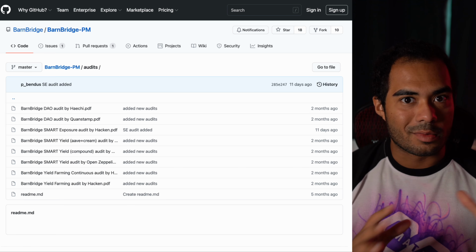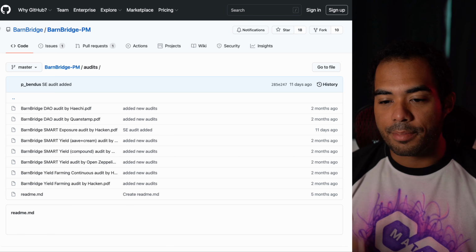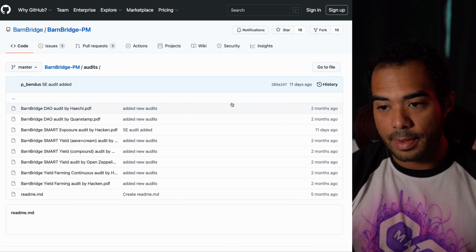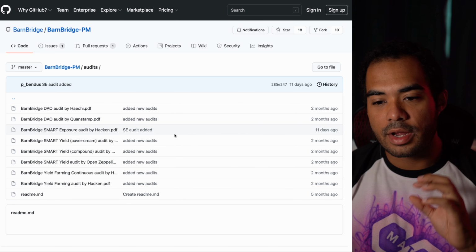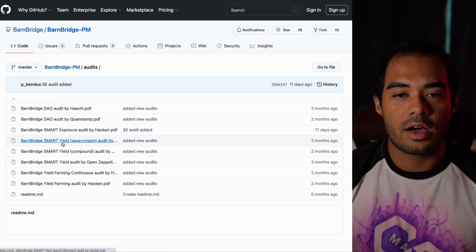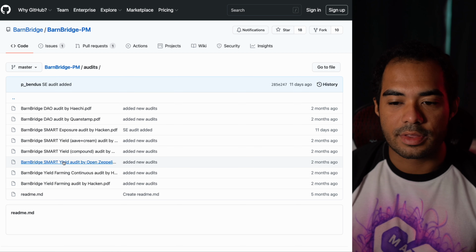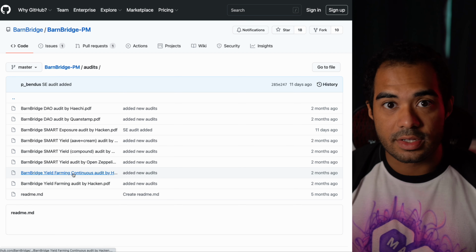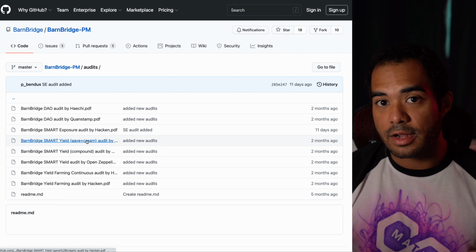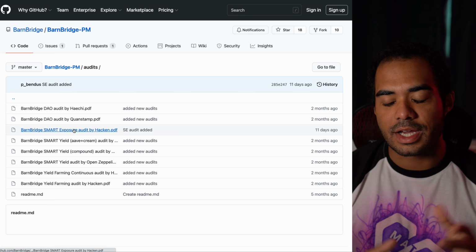Just want to throw in there because I almost forgot to add audits. They have a bunch of audits if you look at their GitHub by a couple of different companies. But I do want to keep in mind that although these guys have been audited, and this goes for any other smart contract out there, there is smart contract risk. There is risk of a bug being in there, even though it has been audited. Looks like maybe even multiple times.